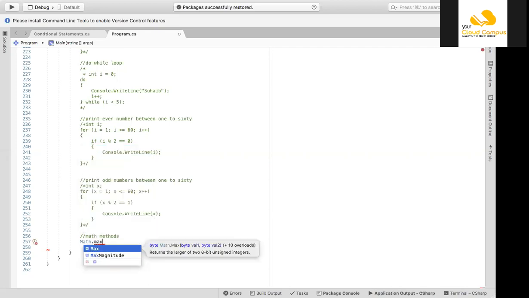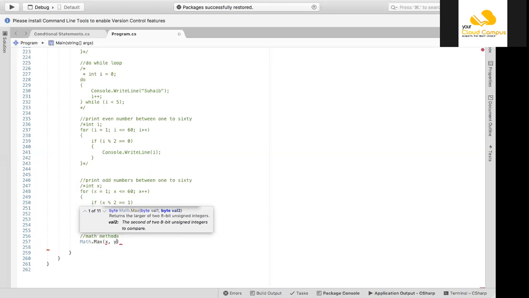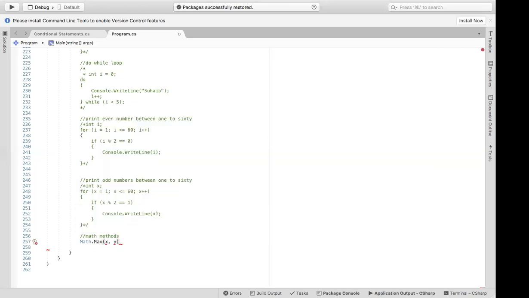Max is a method, so it will be followed by round brackets. A method is always followed by round brackets, and inside it will accept two parameters, x comma y. In place of x and y, put two values.